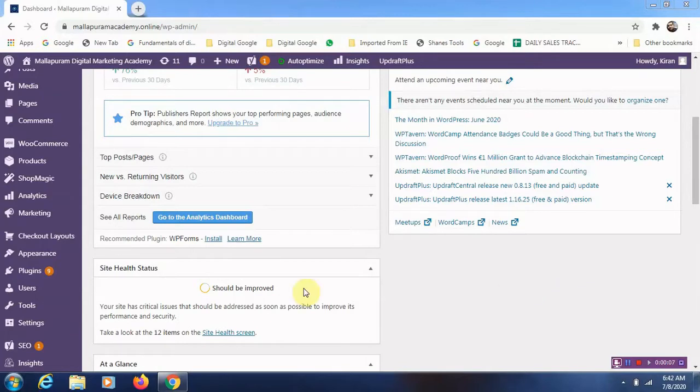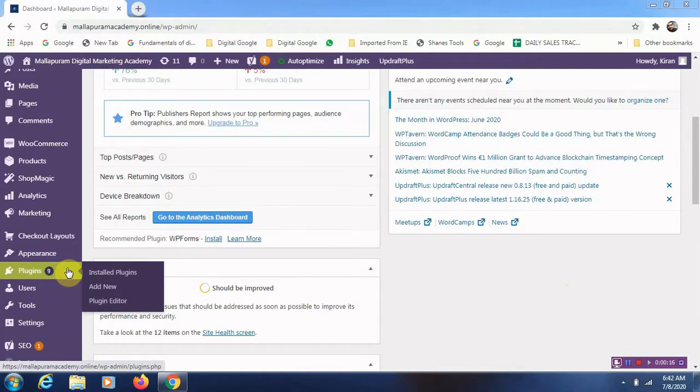So let's understand how we back up our website. There are certain plugins that we need to install. Before that, when we were creating our website, we were not able to update or back up our site due to certain challenges in proprehost.com. So it is important, to get access to everything, to have a paid hosting and a paid domain.